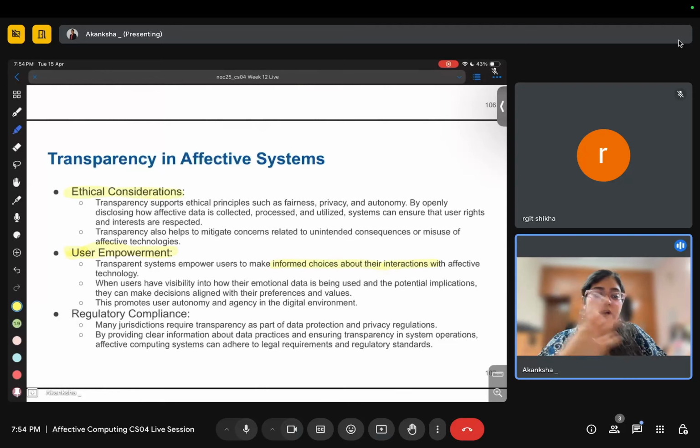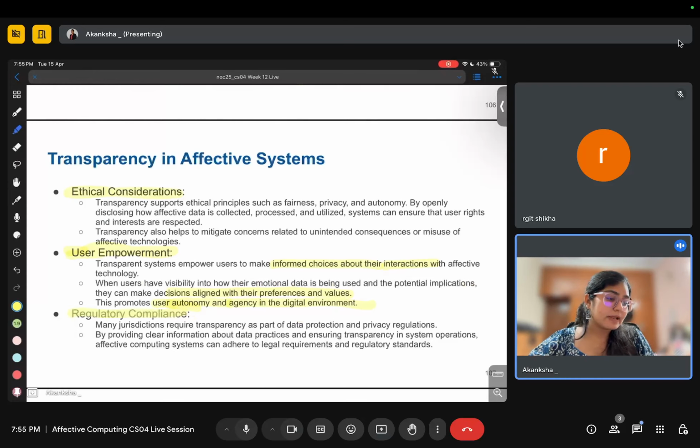If it is recording and I don't want the system to record my data, then you can choose not to interact with it, or interact in a certain way that you're not leaking that information. So they can always make decisions aligned with their preferences and values. Then it promotes user autonomy and agency in the digital environment.